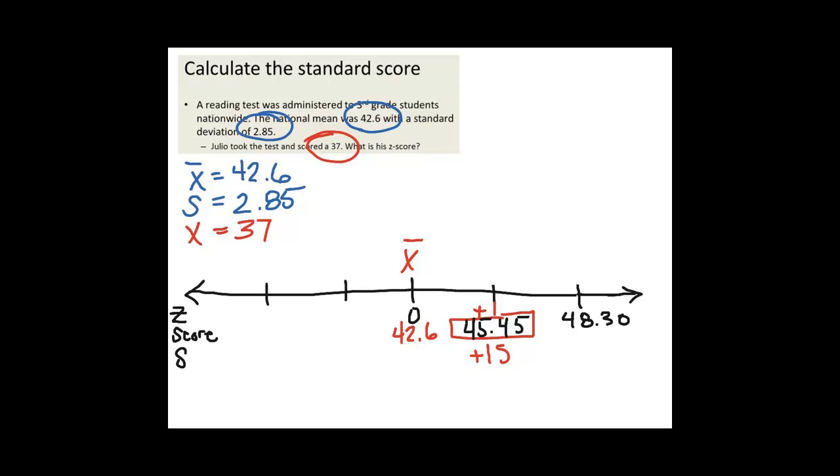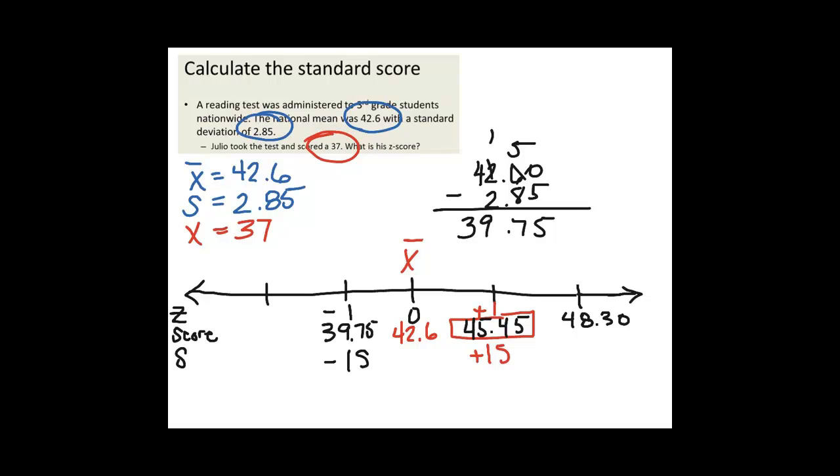Now, give myself a little room here to work. If I need to go to the left, which actually I do in this problem, 42.6 subtract 2.85. Oh, I hate subtraction. I don't know why. It's not like it's that much harder. I just seem to make more mistakes. 39.75. Does that look right? Yep. Okay, so a z-score of -1, which is -1 standard deviation, would be